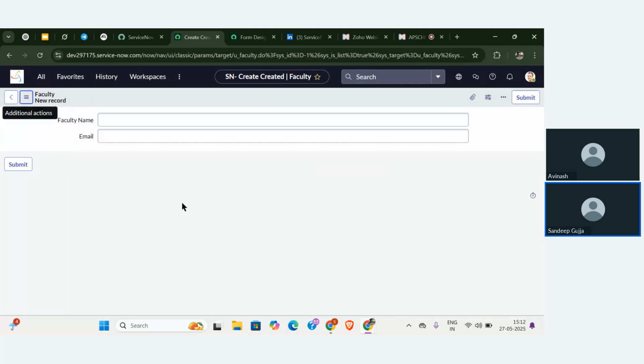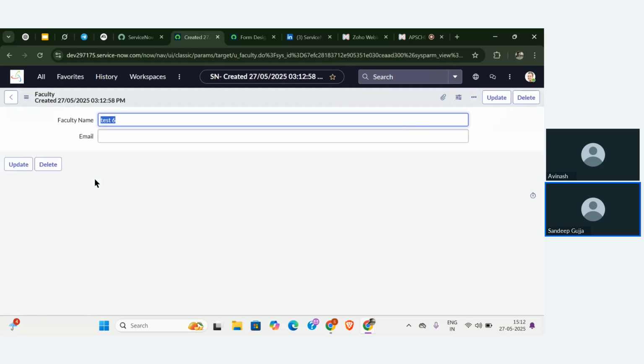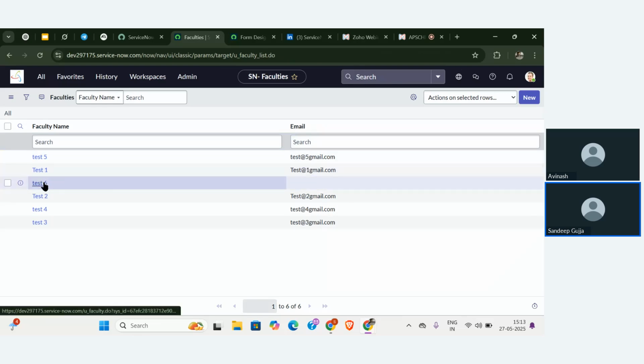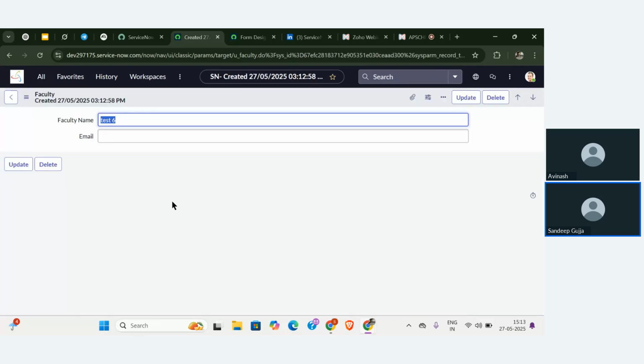Whereas coming to this, if you use the save option, then whatever you are entering here now, that will be saved. Let me use that save. Okay. So it got saved. Let me show that particular record has been created. I'm going to the back option. So you can see one record has been created. If I go to the same record and if I enter something new in that particular record,